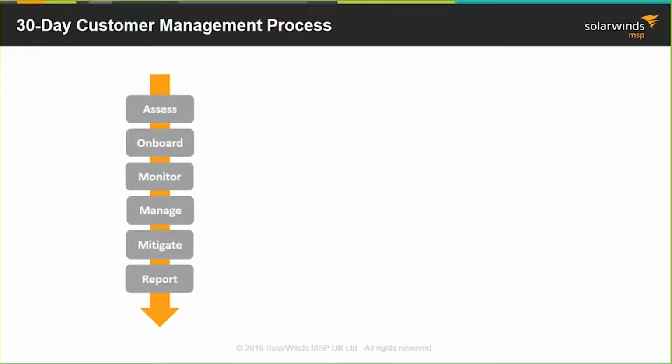Number one is when you take on a new customer, you do an assessment. When you do that assessment and you win the business, you then onboard the customer. When you onboard the customer, you set up the monitoring to be particular to the different areas of the network that you're managing and the needs and the requirements of the business. So for sure, critical applications and different devices, you might want to have an enhanced monitoring protocol on. Then you want to set up your management. Your management is your regular maintenance, trying to mitigate any potential issues or downtime or security incidents within the environment.